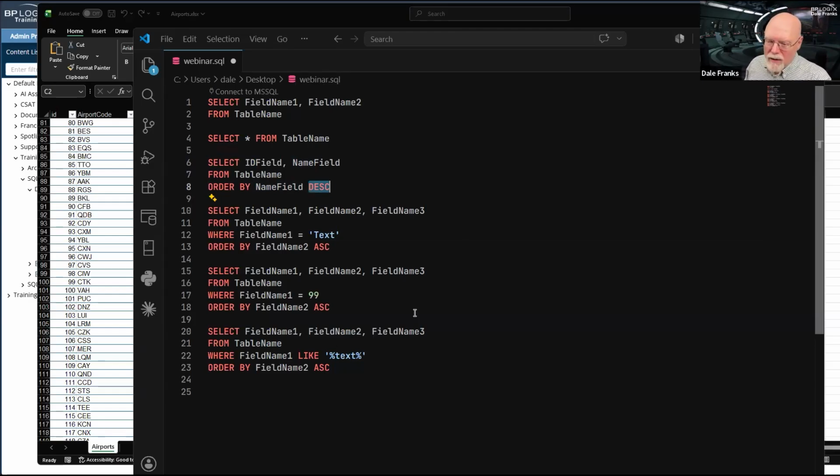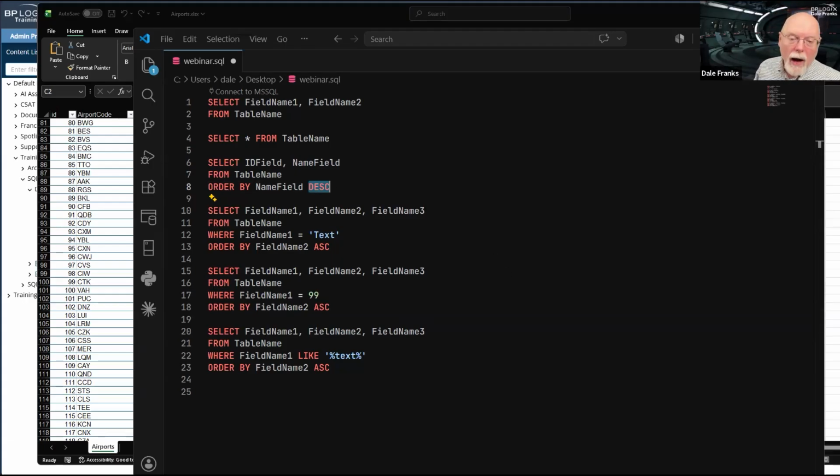It's just 30 years of working with SQL Server, and I just have workflow habits that I refuse to get away from. So I use the ASC. You don't have to. That is the default sort order. But if you are going to sort descending, you need to tell it to sort descending.